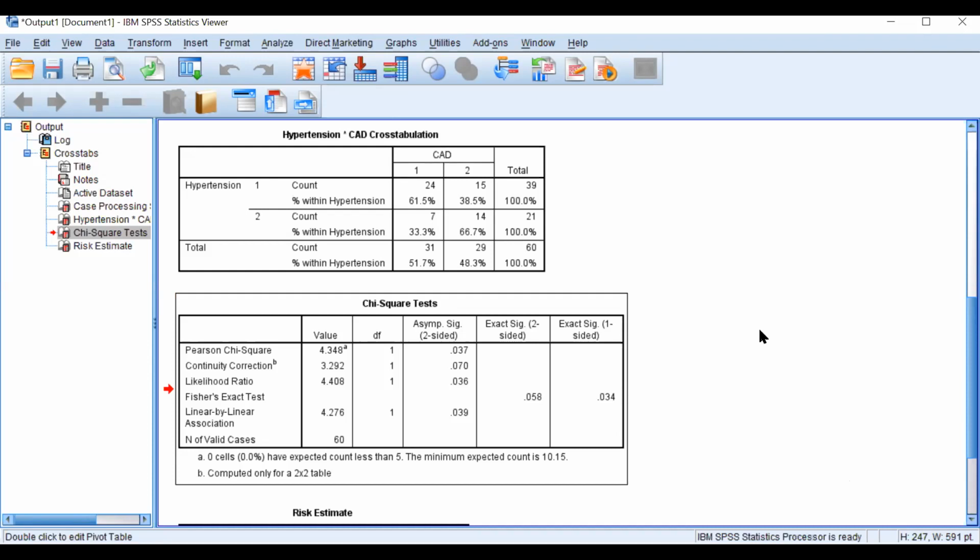Suppose I take CAD with BMI. CAD is present or absent, so it will have just 2 responses, while BMI we can divide into more than 2. Now if the significance is less than 0.05, it means CAD and BMI have an association with each other. But if we want to grade with which category it has a higher significance, lower, moderate or higher BMI, then how will we interpret that?